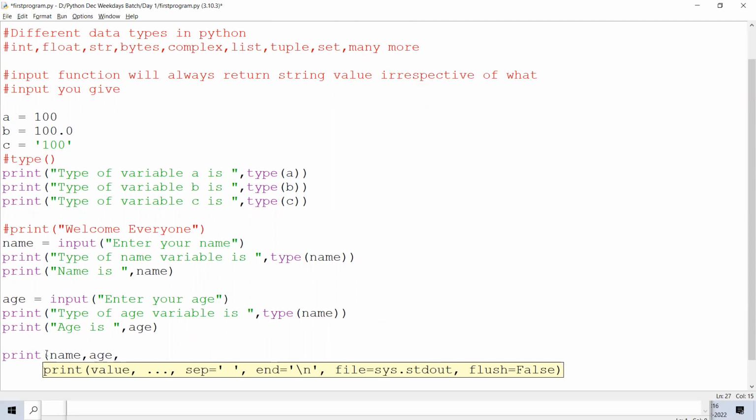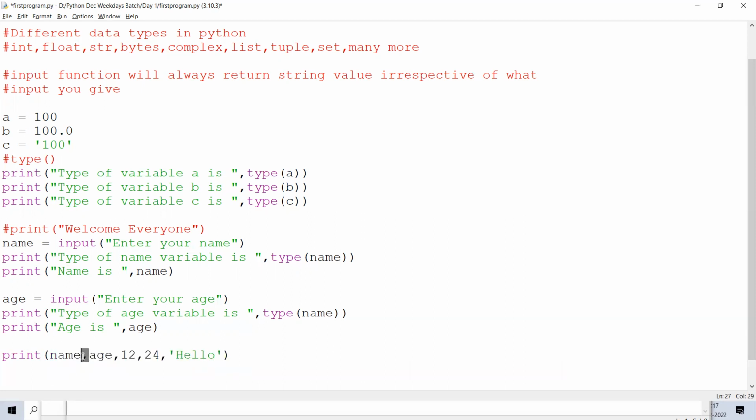For example, you can directly give values here, like 12, 24, or a string value like hello. Inside the print function, you can give any number of values separated by commas. If I type this and run it,